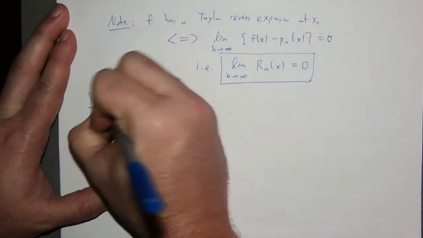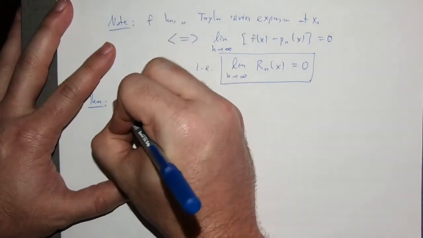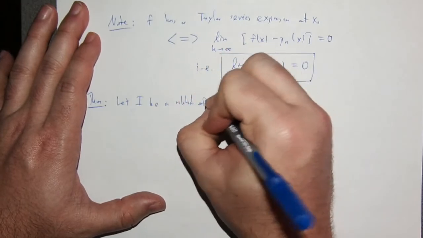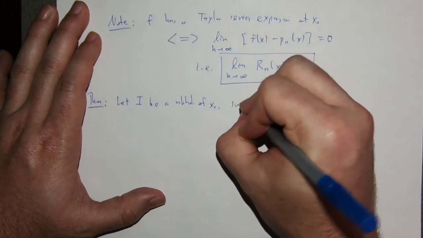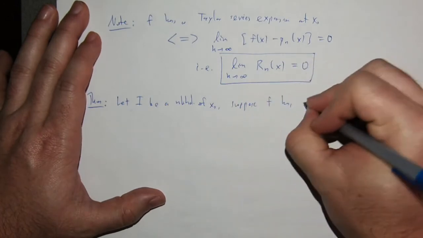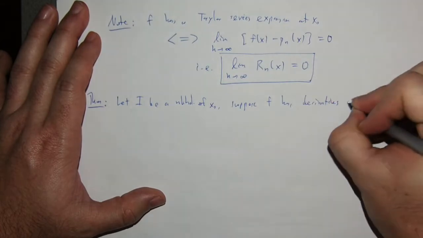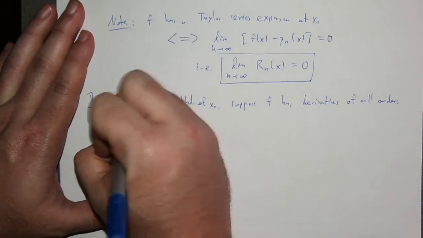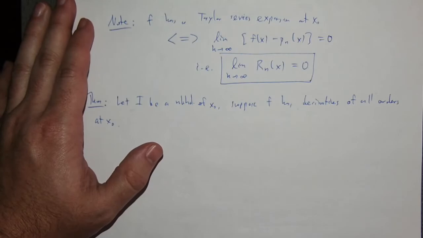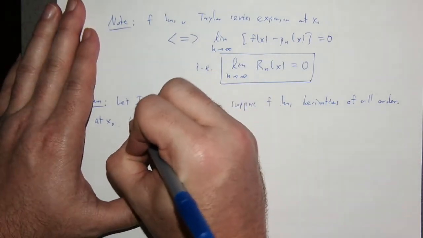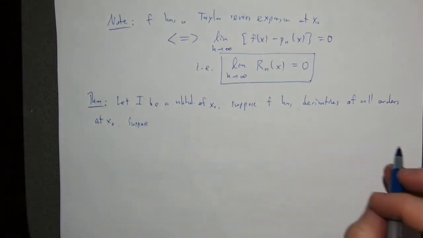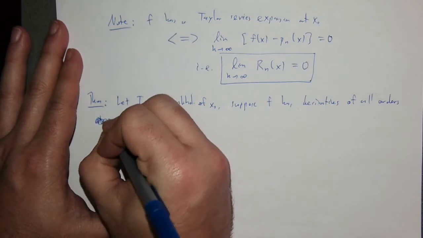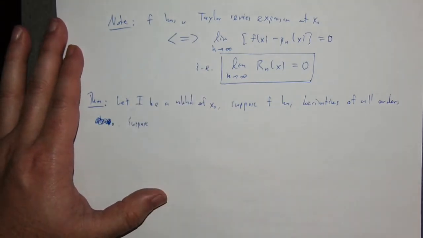So quickly, there's a theorem. Let I be a neighborhood of x naught. Suppose f has derivatives of all orders at x naught. Though that's true, I don't need derivatives of all orders just at x naught. I actually need derivatives of all orders everywhere on I. Yeah, that's right. So suppose also